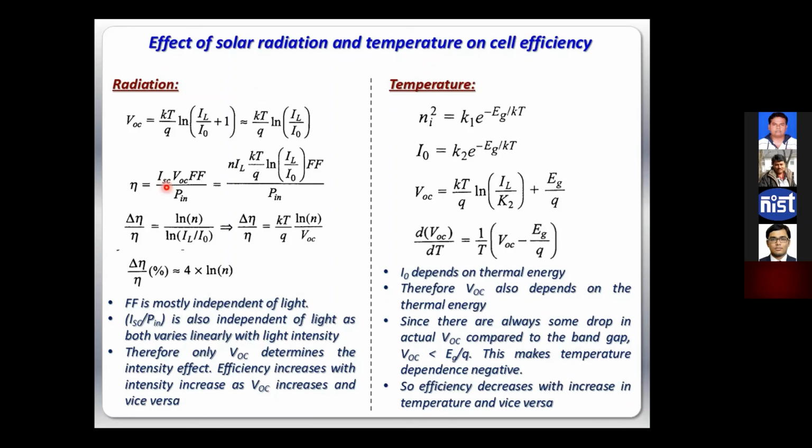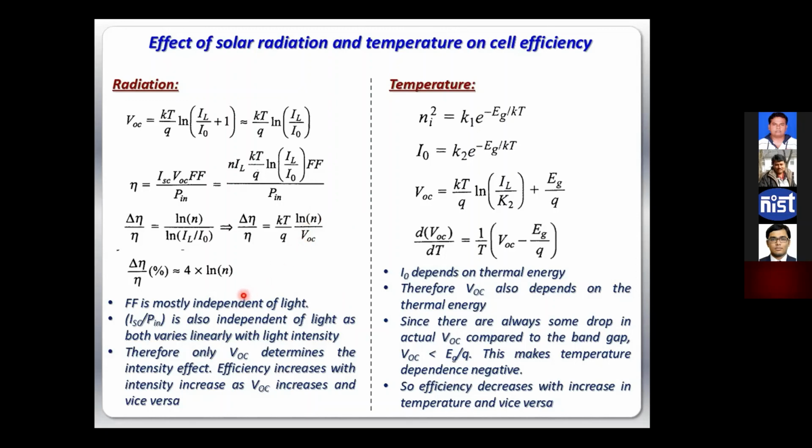So this ISC is the photocurrent, right? What I can say here is that the ISC is a linear function of the light intensity, or light current. So ISC is basically now replaced by N into IL, where IL is the light current and N is the light intensity factor. N can be 1 sun, half sun, or 2 sun, depending on the light intensity. So that N is basically showing the intensity of the light, nothing else.